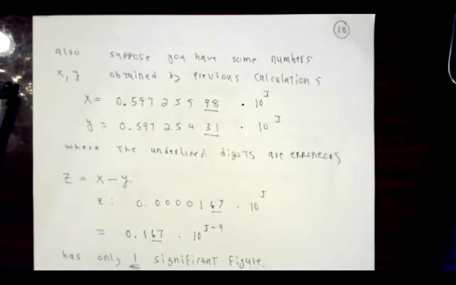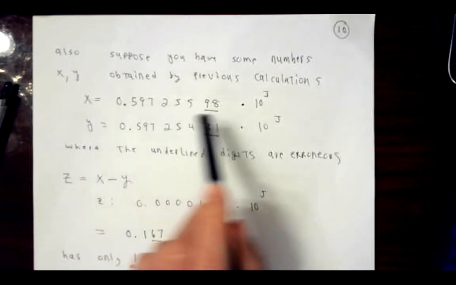There's one last specific issue that I want to talk about. Suppose that you were calculating some things. You've done a lot of calculating, 32 bits, 8 decimal accurate. You ended up with these two numbers, x and y. X is this number,